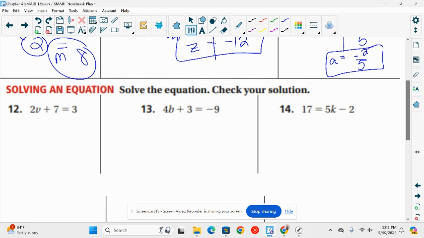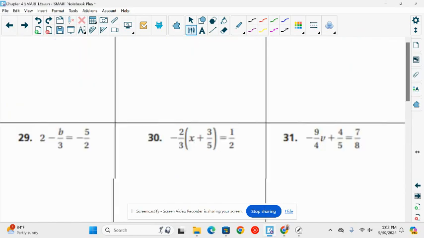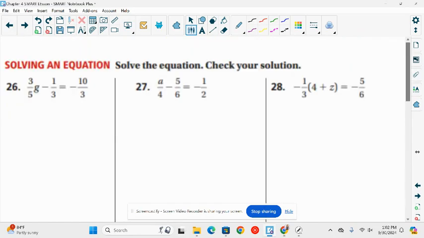All right, so for the first one, for number 12, we should have got -2. Number 13, we should have gotten -3. And number 14, you should have got that K equals 3.8. Which, as I was spot checking, I think that's what everybody kind of got. Okay? All right, if you turn it over,